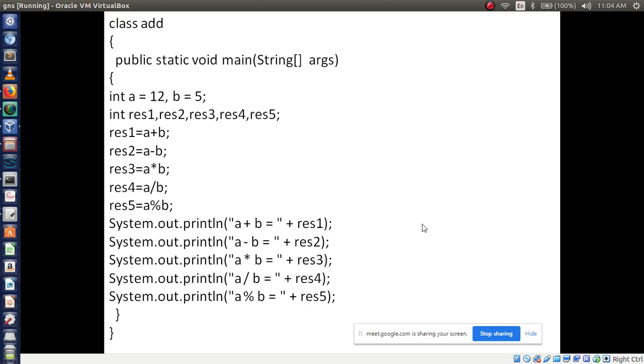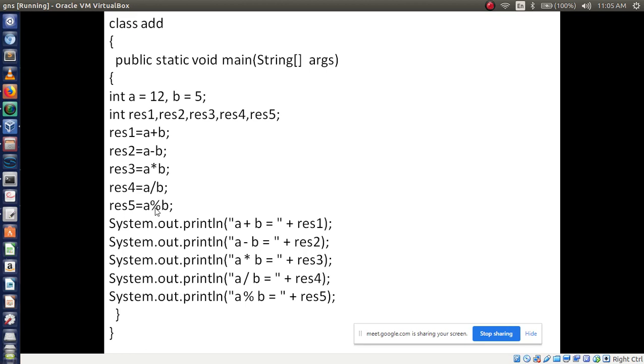I am using a small example here. Remember, int a, b: I am assigning two values to the variables a and b, which are 12 and 5. Now I am performing the arithmetic operations. I have given the names result 1, 2, 3, 4, 5.